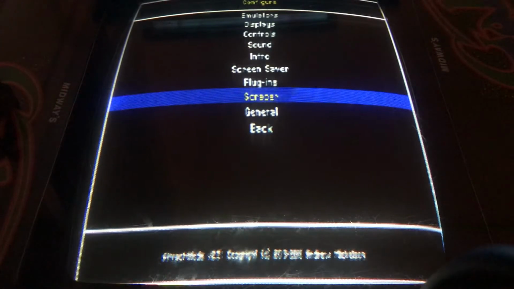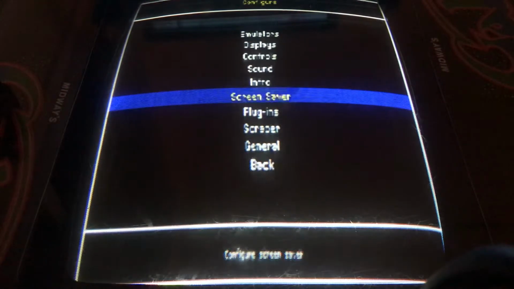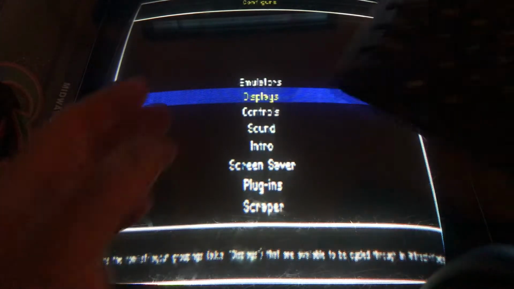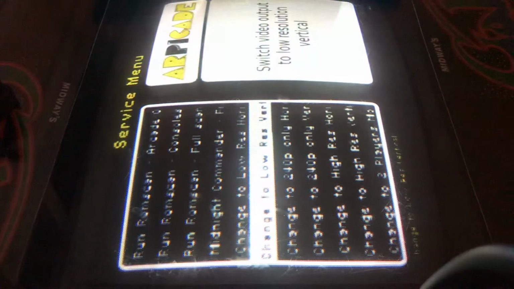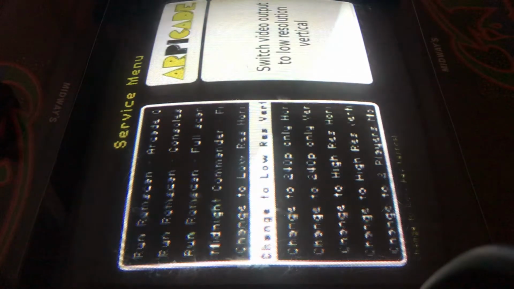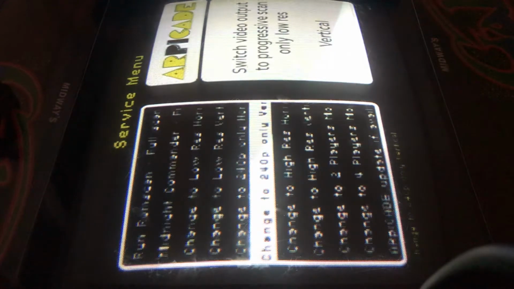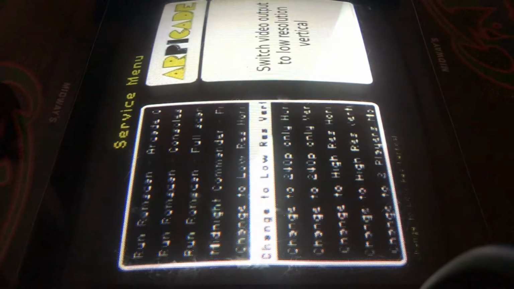Remember that when you want to get into the configuration menu, you're going to hit tab. That's going to take you in here where you can configure things a little bit. And then escape to get out. Should take you back to the menu. And then F4 is going to take you into the service menu. Just be wary, be careful what you do in here, because you can make some changes in here that